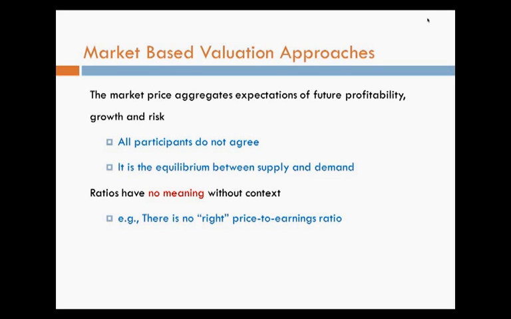The market price, whether it's in the form of total value that the market ascribes to a company, or the specific price of a share of stock, is the aggregated expectations of a scientific and non-scientific set of buyers who are together finding that equilibrium point between supply and demand that says this is what the company is worth. That's what the stock market does. Searches for equilibrium.